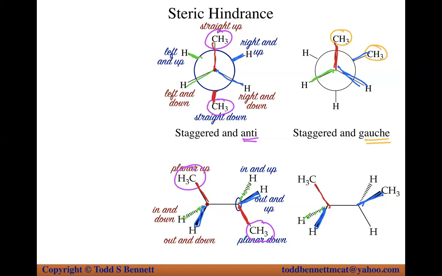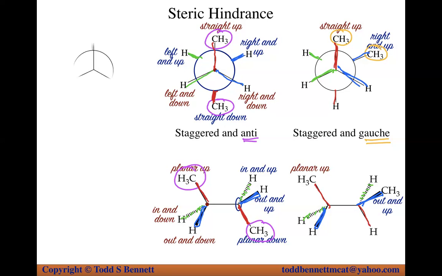And then this group is an H down, and this group is that going right back there. Okay, so planar up, straight up. And this time, right and up for the CH3, out and up. And I'm only going to consider this time the bulky groups, the ones that I'm focused on in terms of